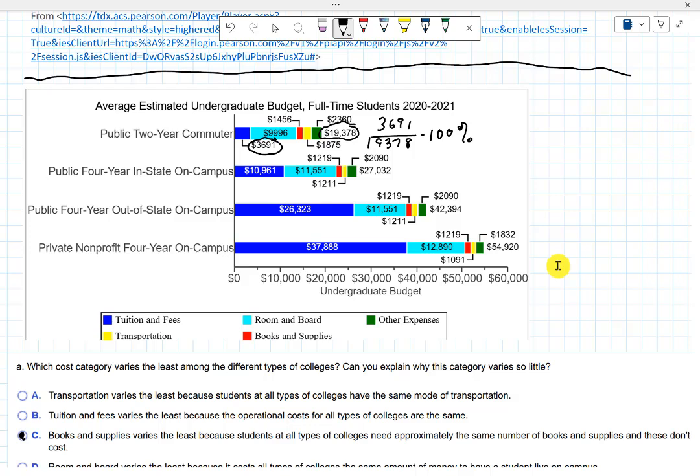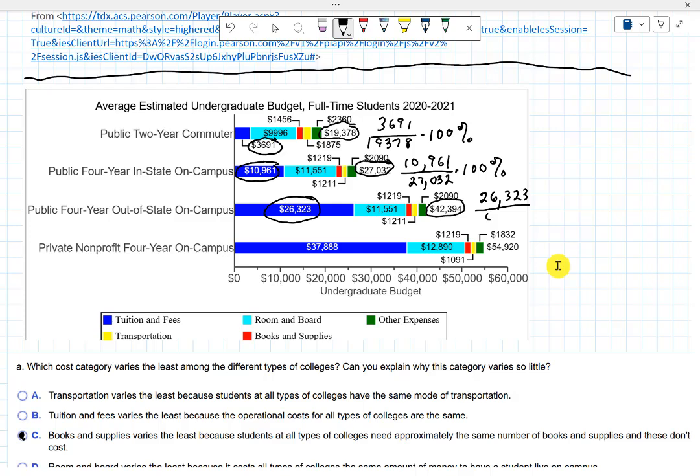So that would be the same thing here. You would take 10,961 divided by 27,032. So I'm using, that's the total, and there's the room and board. Not room and board, tuition and fees. Multiply that by 100%. And then down here, we're going to take this number and this number,